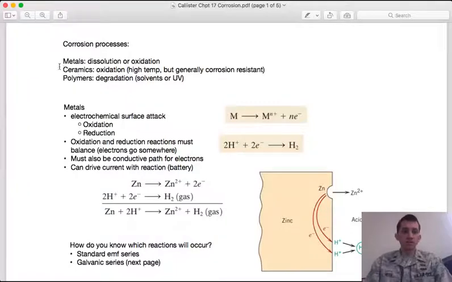Ceramics, you can kind of consider it, I suppose, as sort of the product of a corrosive process. You know, if you recall, ceramics are ionic compounds, oftentimes including oxygen already. So you can think about ceramics as kind of being a post-corrosion, right? They already essentially have been corroded. They already have the chemical reaction taken to completion, and then that byproduct is made into a material all on its own. And so since it's already been corroded, we don't really think about it as being susceptible to corrosion,